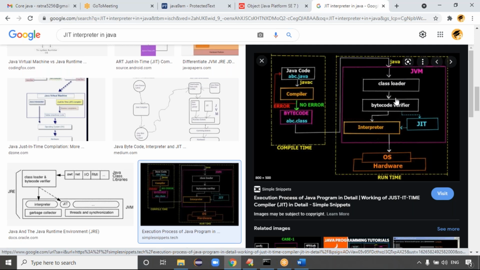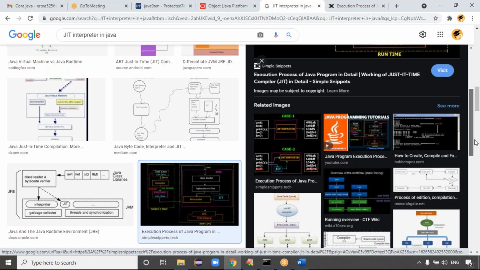After the bytecode is verified, it goes to the interpreter as well as the JIT compiler, both. Then it goes to the operating system, then the hardware configuration, right?